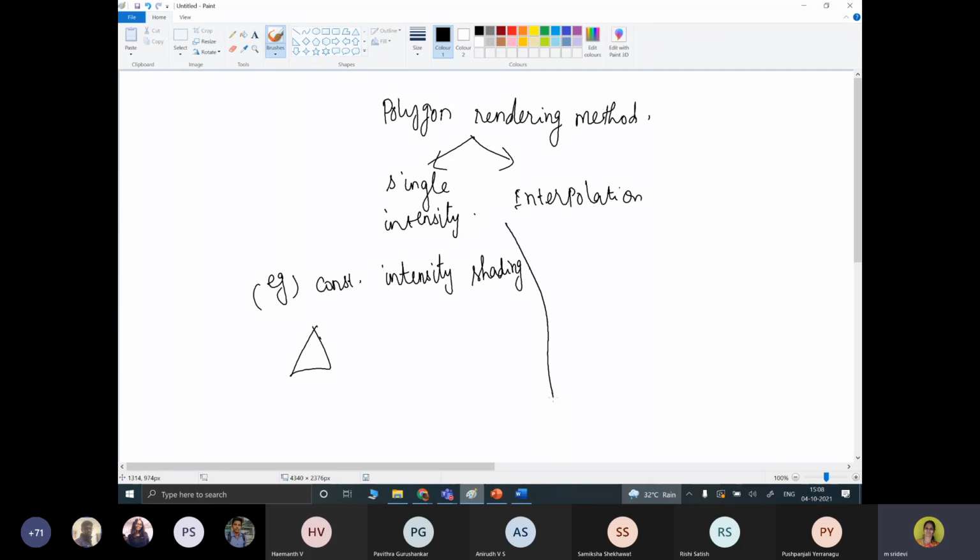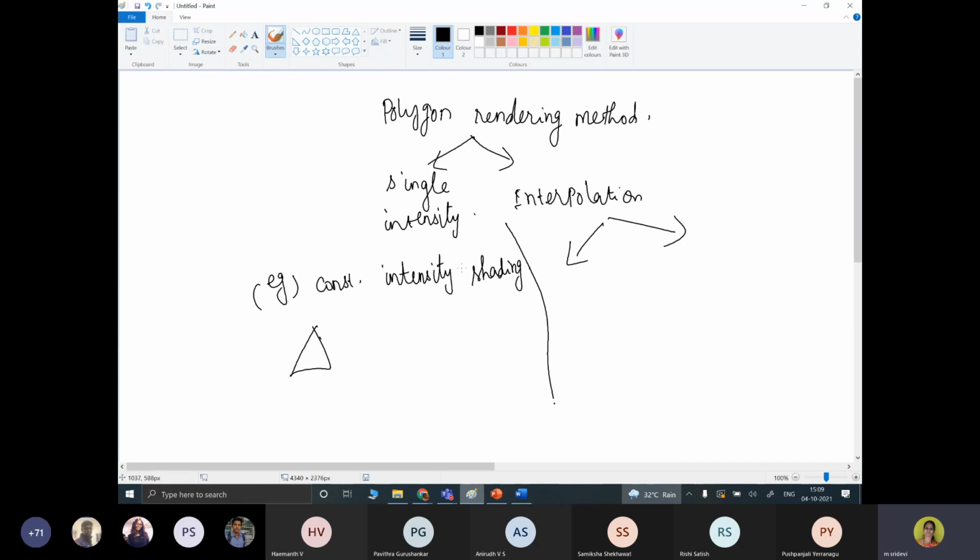When it comes to interpolation, with the help of one pixel we interpolate the next pixel value. The intensity can be obtained at each pixel of the surface using an interpolation technique. There are two different interpolation techniques by which we obtain the final rendered object.